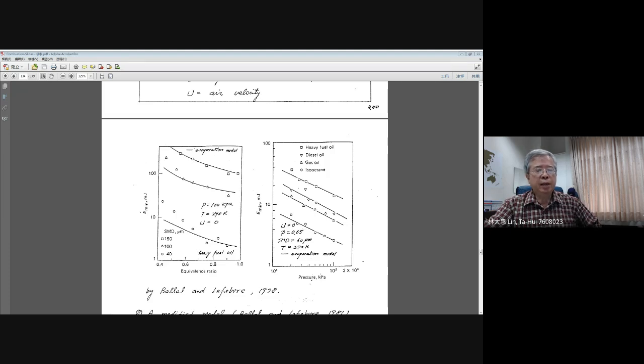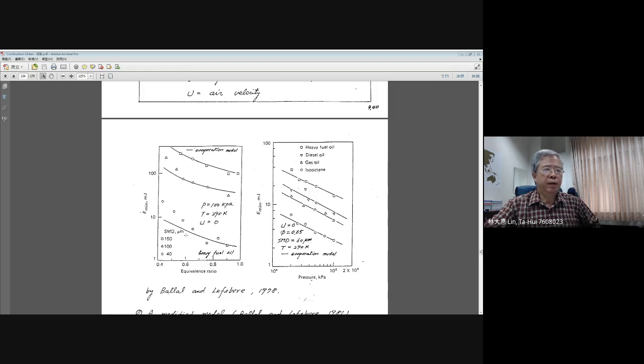The second, you can see that if you increase the pressure, the minimum ignition energy decreases. This simply says that if you increase pressure, then you increase the interactions of the fuel vapor with the oxygen. Then they will promote the collision rate, and increase the chance of approaching ignition. Okay. But here, it seems there is still a big discrepancy, especially for the very lean case. Okay, in the figure on the left-hand side, there is a discrepancy between the experimental results and the theory.